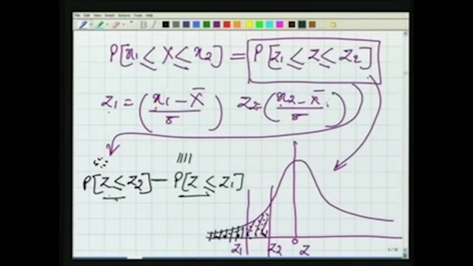These are the values which you can get from the standard normal curve or from standard normal curve tables for any value of the standard variable. Now, this is the standard variable. These are the standard tables of z1 and z2. You can find these two values and find their difference, and by finding that, you are determining the probability of occurrence of x in between x1 and x2. We will make use of this now.